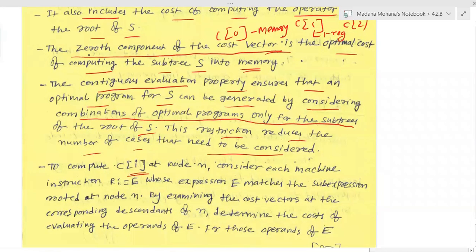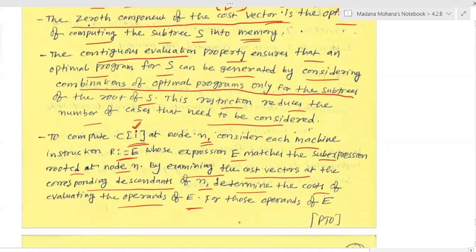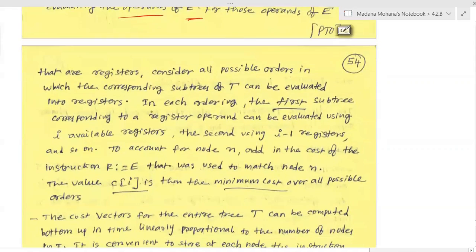To compute C of I, the cost with memory, or with one register, or with two registers, at node n, consider each machine instruction R equal to E, whose expression matches the sub-expression rooted at node n. By examining the cost vectors of the corresponding descendants of n, determine the cost of evaluating the operands of E. For those operands of E that are registers, consider all possible orders in which the corresponding subtrees of T can be evaluated into registers.